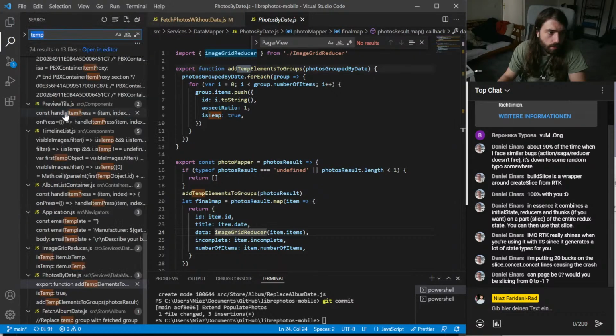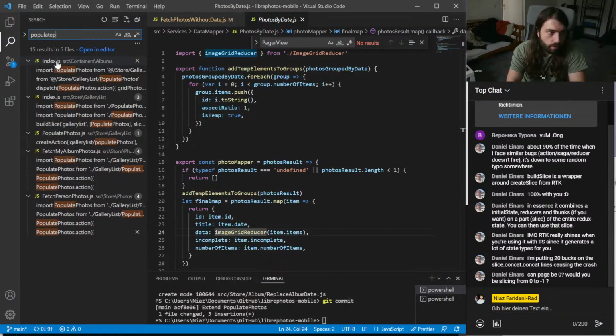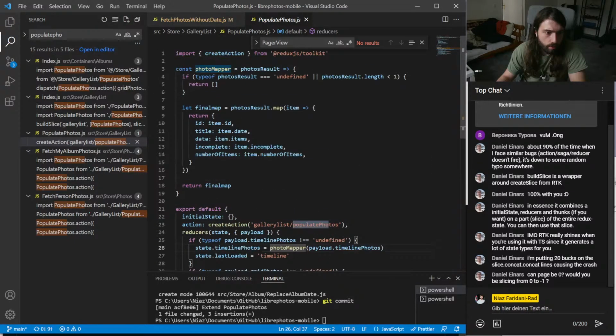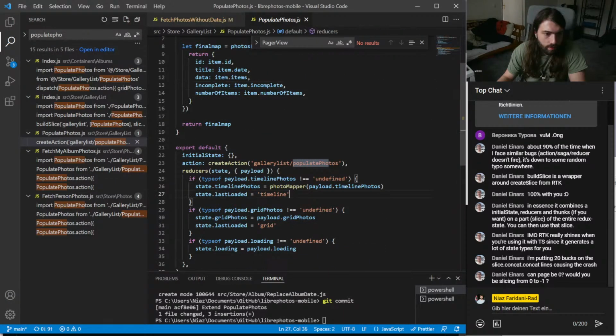Okay, so I guess I will add this to populate photos. Here we go. So if we actually call this, so photo mapper is, it's weird.